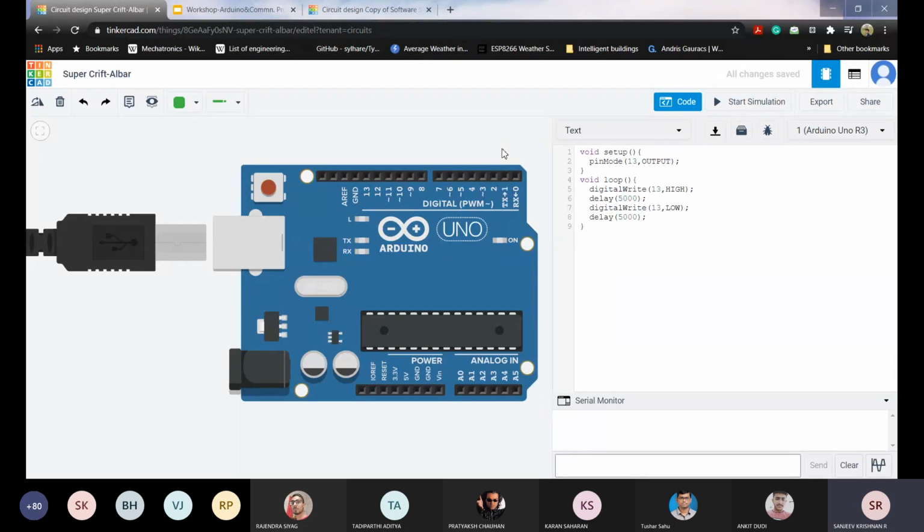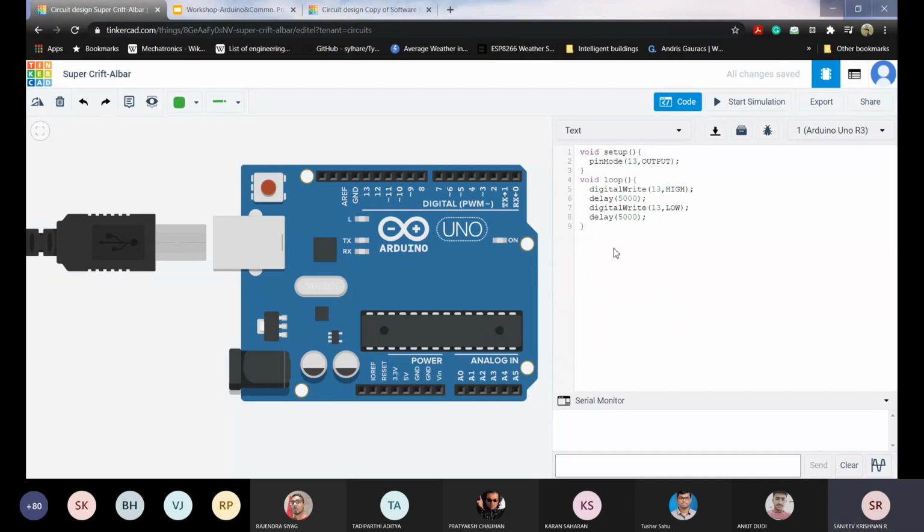If I push that switch once, it should have a difference of 5 seconds in its blinking. If I push the switch again, it should change to 3000 milliseconds, 3 seconds. That logic we can write in the code, and the extra hardware needed is one push switch. So this is an example of how we can use our sense to do this.